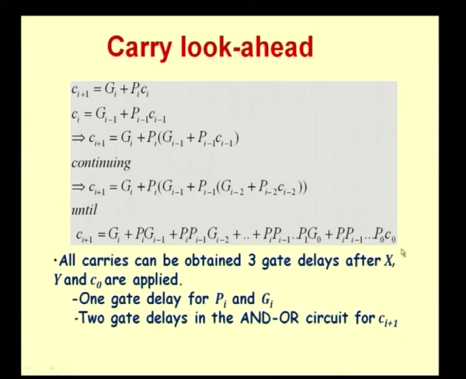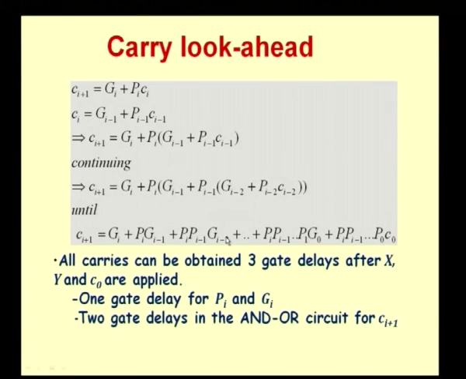Now remember, we are not going to go further than C naught because C naught is our basic input that is coming in. So I can see that every Ci plus 1 that I have can be written as a function of the P's, the G's and this C naught. Okay. So you can see what we have done by rewriting this equation like this. Remember the P's and G's are only dependent on the X's and the Y's. So once I have my P's and G's ready, which can come as soon as I get my X and Y, and I have my C naught,